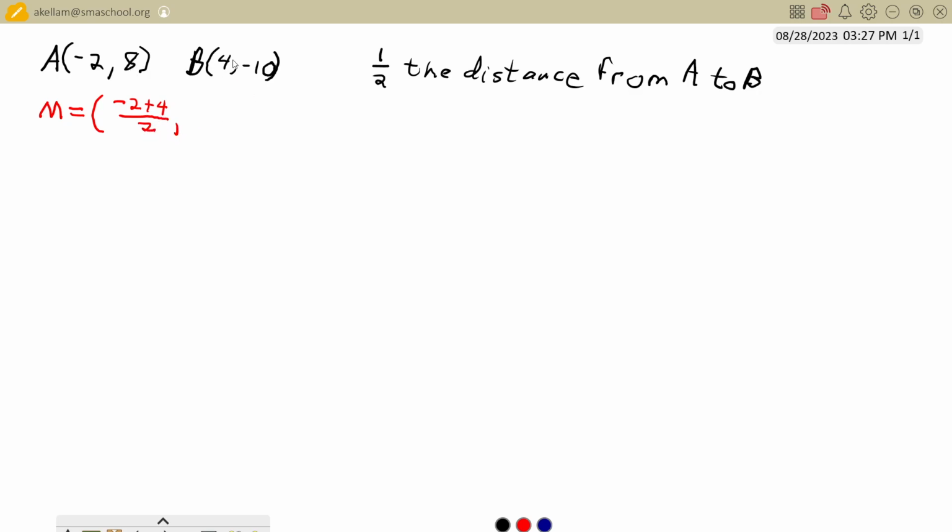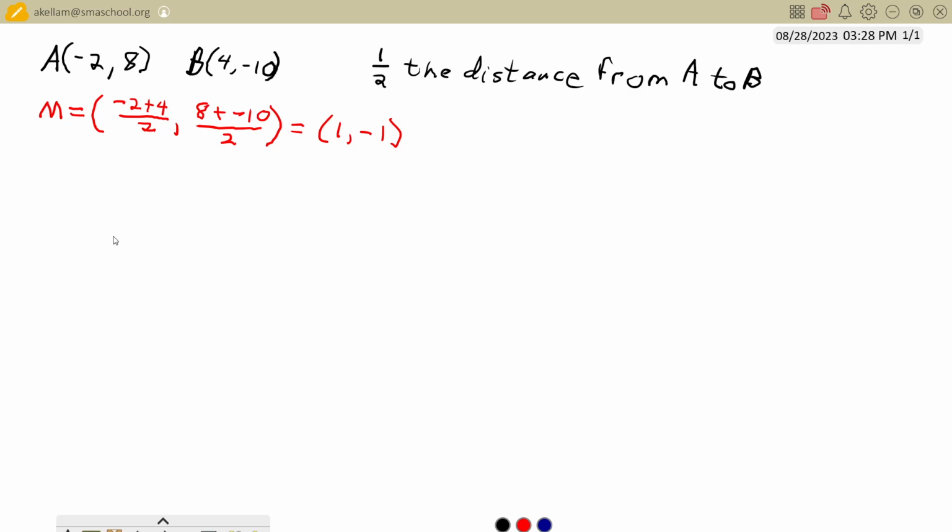And my y is 8, -10, so that's going to be 8 plus -10 divided by 2. And this simplifies down to be 1, comma, and then -1. So this is the point that we're expecting to get from this, but we're going to do it in the